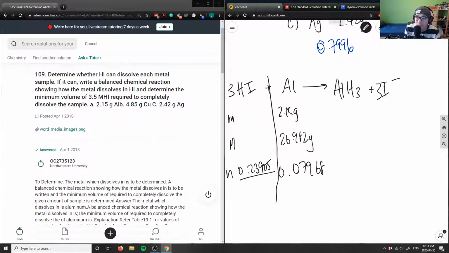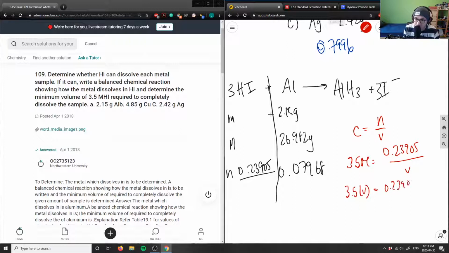If I have the moles of HI, I can now solve for my volume, right? I know my concentration equals my moles over volume. So concentration here is 3.5 molar. I'm going to have my moles here, which is 0.23905, and I'll have to solve for my volume. So we're going to have 3.5 times V equals 0.23905. And finally, volume would just be 0.23905 divided by 3.5, which would give me a volume of